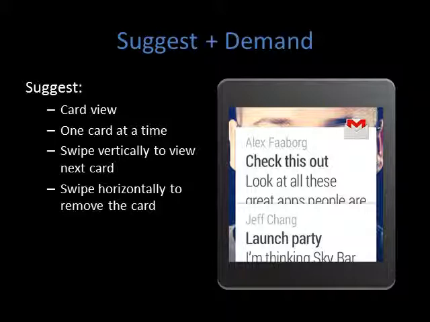Take a typical example. If you receive mail on your Gmail, which has long text and all, this wearable will just pop out one card at a time, and this card is just going to have data about the sender as well as the subject of the message or a one-liner of the content.